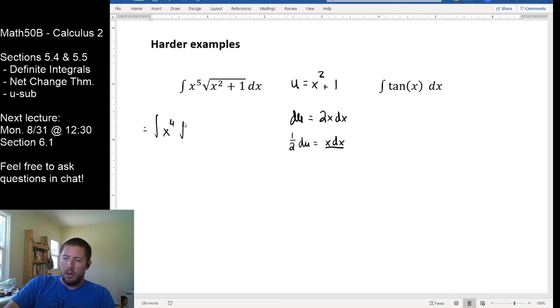And my square root term, I can just call this u, which is at least a simplified term, because this is the square root of x squared plus 1. And on the end, I'm going to say I grabbed one of the 5x's to hang out with dx, so that it could be this term over here. So I'm going to write this as x dx, but really we're going to write this now as x to the fourth square root of u, and this is just 1/2 du. So here's where we're at so far. I've got my 1/2. This x is a problem,